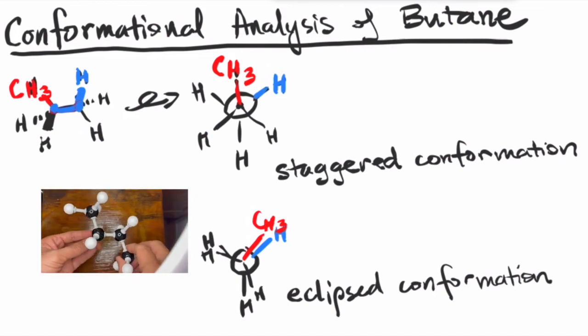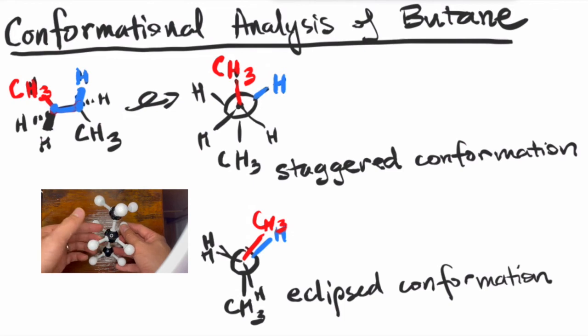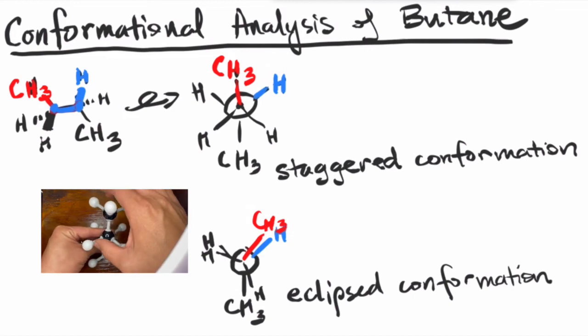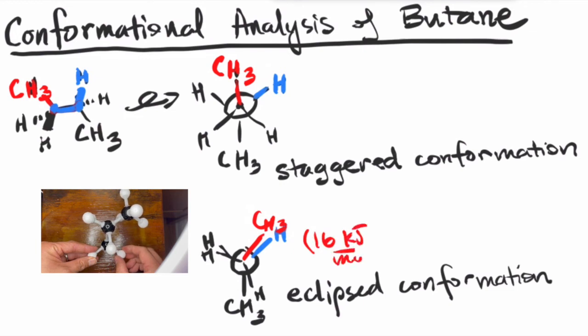So now we're going to have a conformational analysis of butane. So now we're going to have a 4 carbon chain. In the same way, in our first conformation, the staggered conformation, it is again the most stable conformation. If we again rotate the dihedral angle to the right by 60 degrees, you get this eclipsed conformation. And as we have seen in propane, the methyl group and hydrogen being eclipsed raise the torsional strain a bit. And now we see in butane the same effect, but even more since there's another pair of methyl and hydrogen eclipsing. So this one actually has a higher energy of 16 kilojoules per mole.